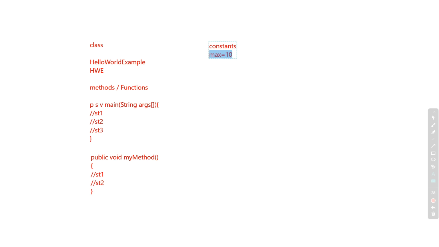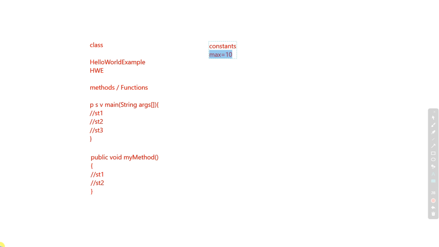Coding standards will not break your application logic. But your code does not look that good, and it is not easy to understand. That is the main thing. If we maintain standards, then whoever sees your code will find that it looks good and is easily understood. That is the only purpose of maintaining standards.